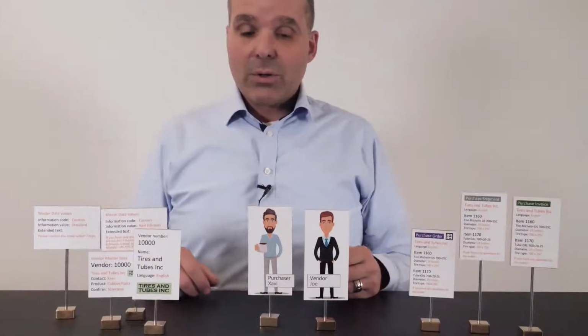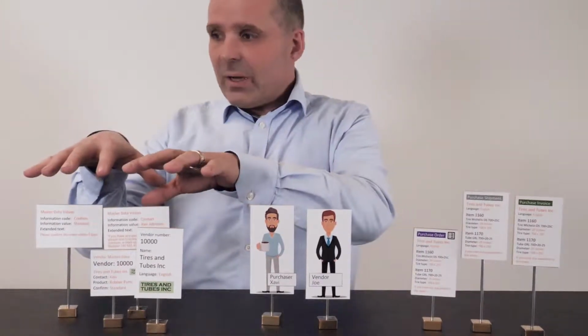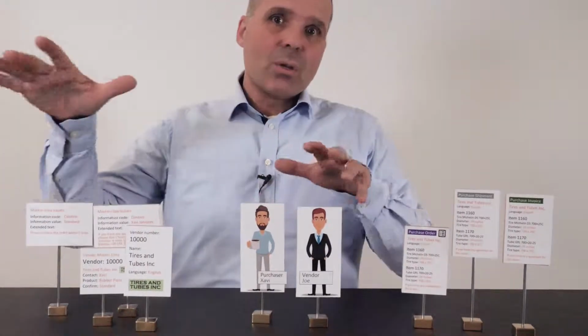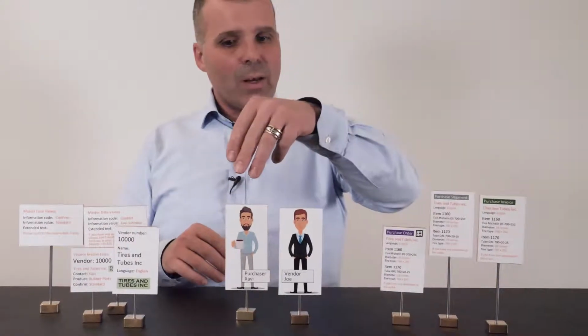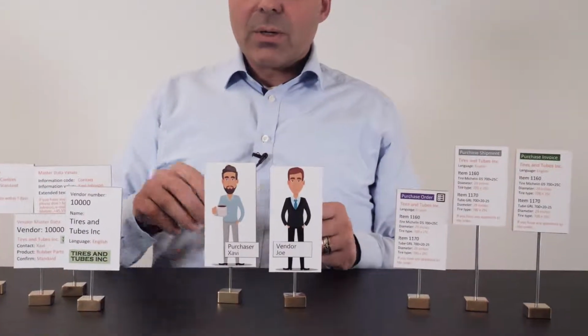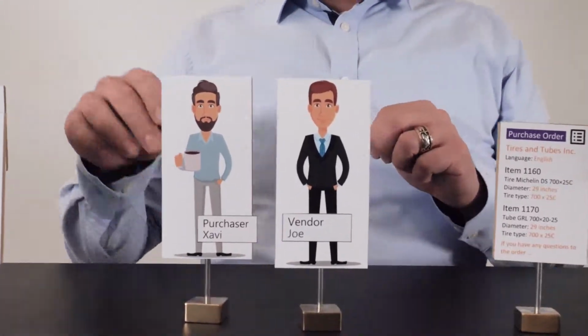With master data information, it's possible to make master data flow from vendors and from items to the purchase document with the setup here. So I'll show you how that works. So in this example, our purchaser, Savi, would like to buy something from vendor Joe here, and in Business Central,